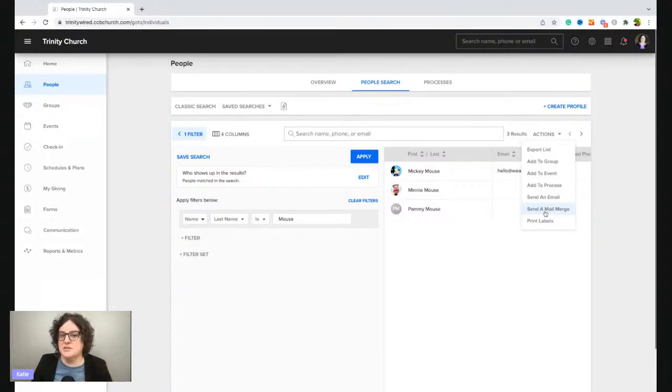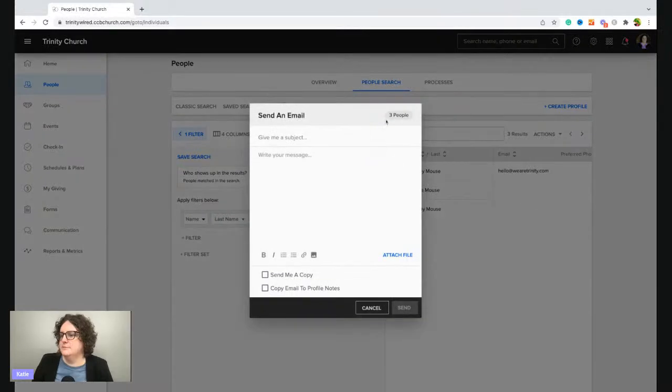So you may have template emails that you're wanting to send out. Send an email is kind of like a message, but they've changed it and made it better. I was very happy to see this. So, subject of your email, your message attached, and then you can send yourself a copy and you can copy that email into profile notes. If you've been with CCB for a while, you know how exciting that is that you can do that. So then there is a record that the people got that email instead of just, I'm pretty sure they did. So that's a great addition. We appreciate that. So this is a cool thing you can do.